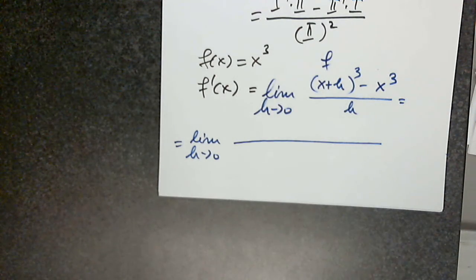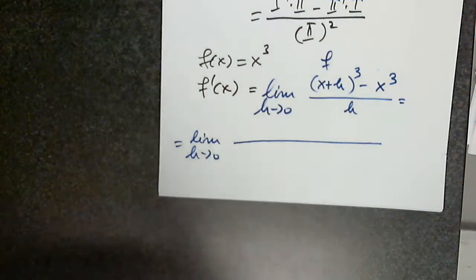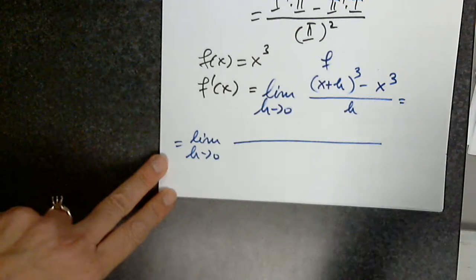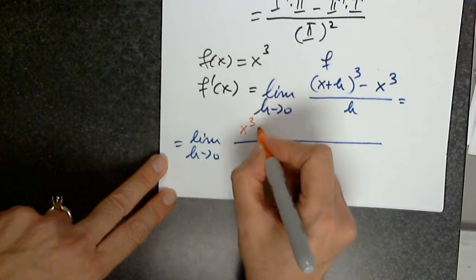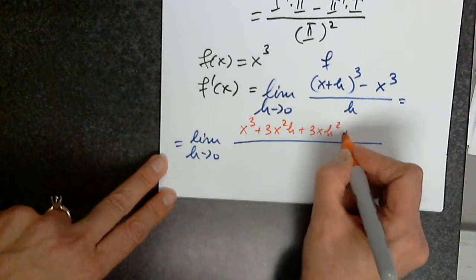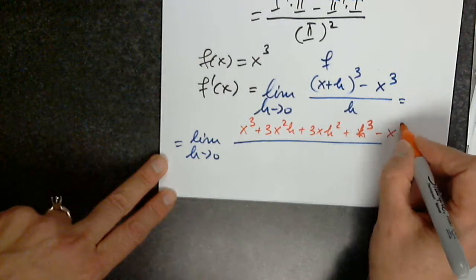You multiply x plus h times x plus h times x plus h. Okay, let's skip that. You can do that by hand or use Pascal's triangle. It's x to the third plus 3x squared h plus 3xh squared plus h cubed, and minus x cubed